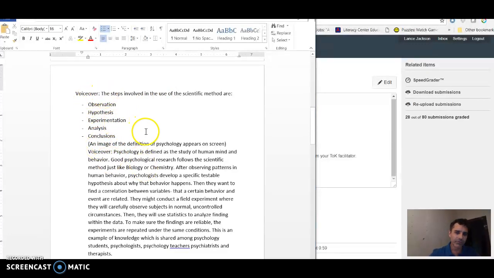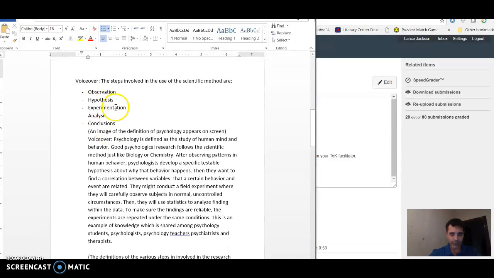But is there only one scientific method? Are there other ways to approach it? When we outline it like this, it sort of looks like, first we have to observe, then we have to think of a hypothesis, then we do this, and then we do this, and then we do that. Okay? Now, it's not always in that order. Sometimes we do it out of that order.